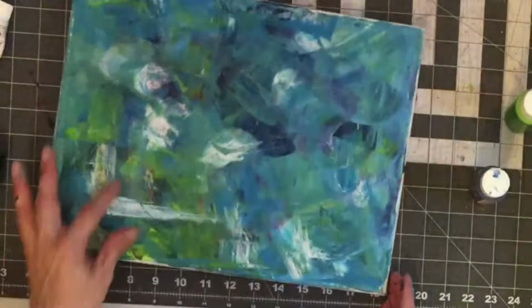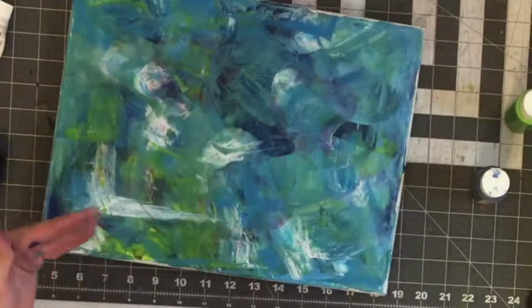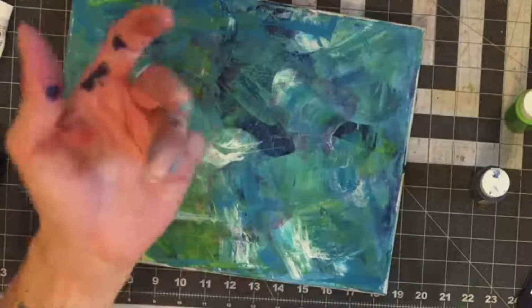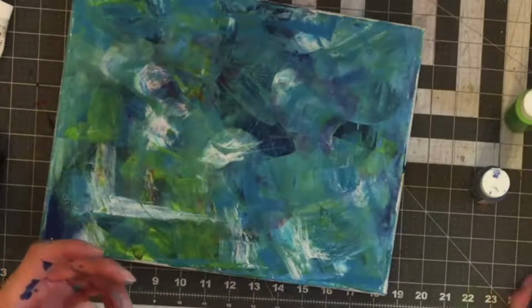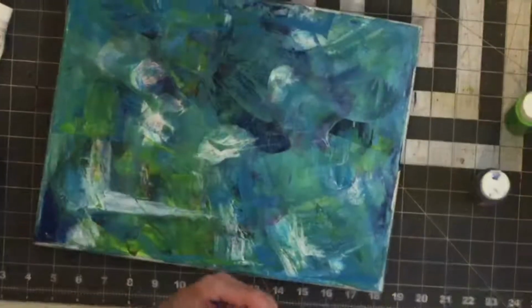I'm not really happy with this L look that I got right here, but I think I'll be able to cover that up when I do my drawing for my mermaid tail. Now I'm going to do something really simple for this, and we're really going to use our chalk just to outline our image, because what we want is to have this idea of what's called an implied line. So instead of drawing a line and coloring in, we want to color and avoid the line, so like the background becomes the line. And I'll show you exactly what I mean by this